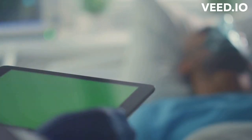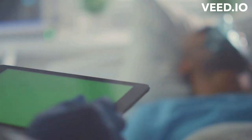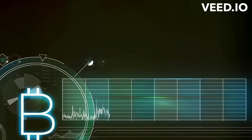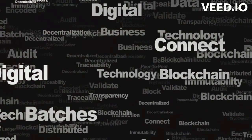But blockchain isn't limited to these features. Its potential applications are vast, extending beyond the financial sector. It's making waves in healthcare, by securing patient data, and in supply chain management, by providing end-to-end visibility. So the next time you come across the term blockchain, you'll know it's not just a tech buzzword, but a groundbreaking technology with the potential to